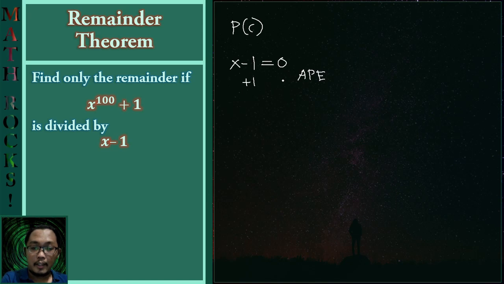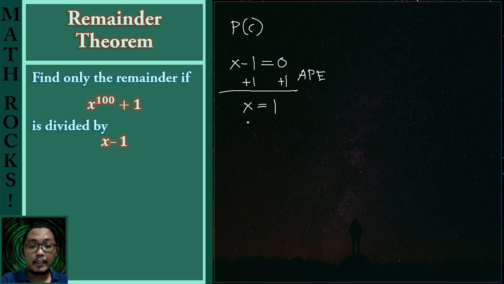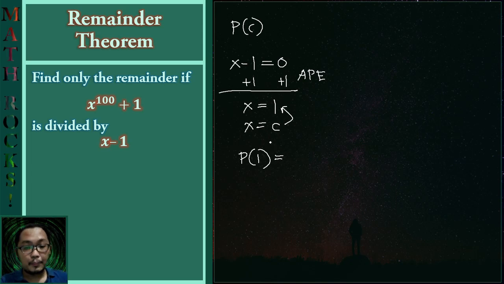We have to add a positive 1 to both sides of the equal sign, giving us x equals positive 1. And since we have restated the divisor x minus c to x equals c, this will be the value of c. And having the p of c be p of 1,